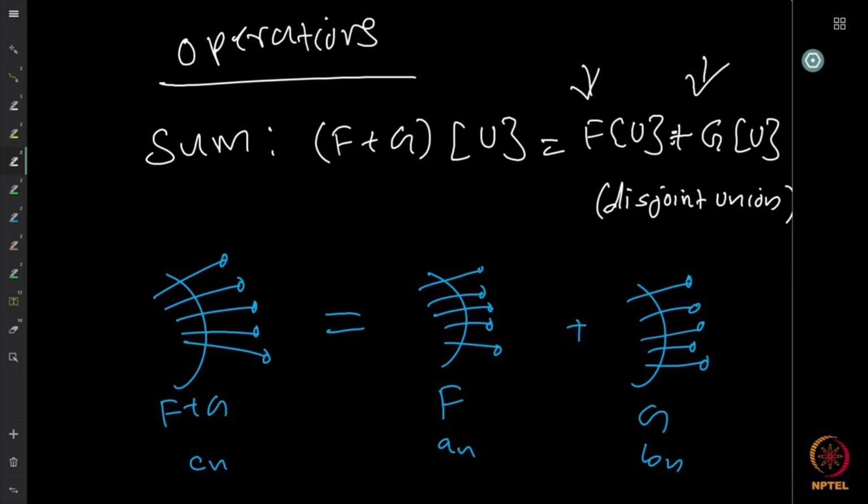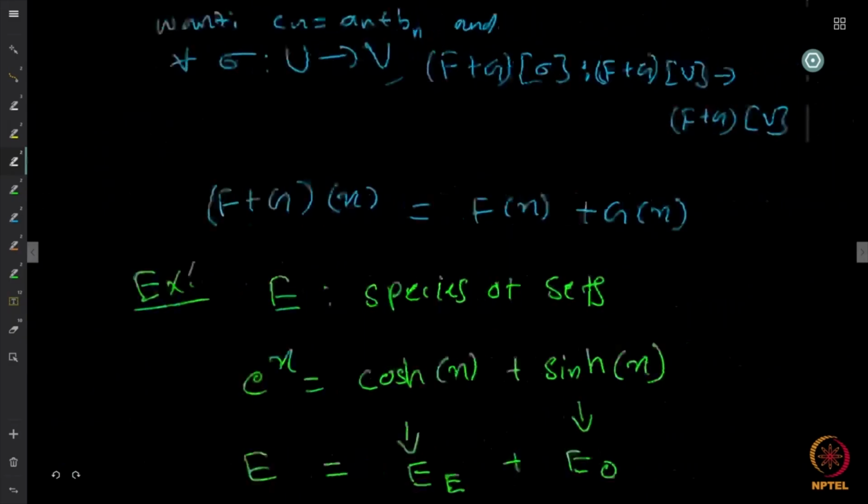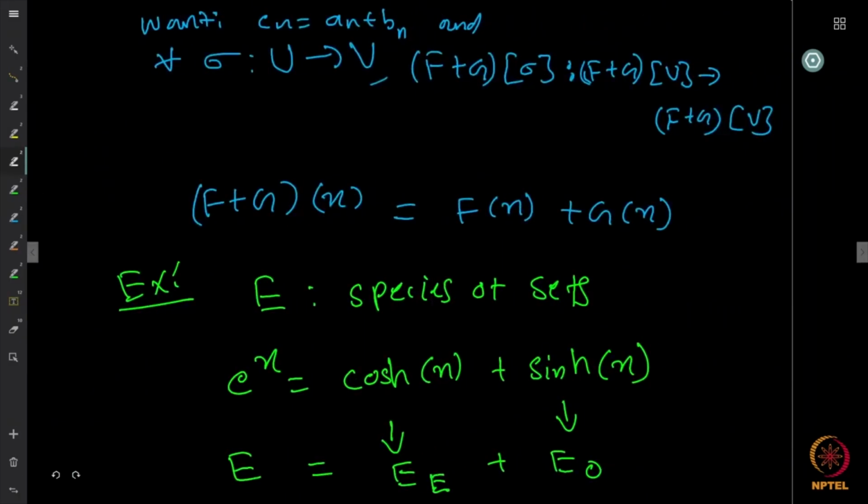And if Cn is the number of structures on an n element set of type F plus G, and An and Bn are the corresponding number of type F elements and G elements on the same set, then Cn must be equal to An plus Bn, because if we are doing this, this should be the case, right? So what we want is that Cn is actually equal to An plus Bn, and for every bijection from U to V, we should have